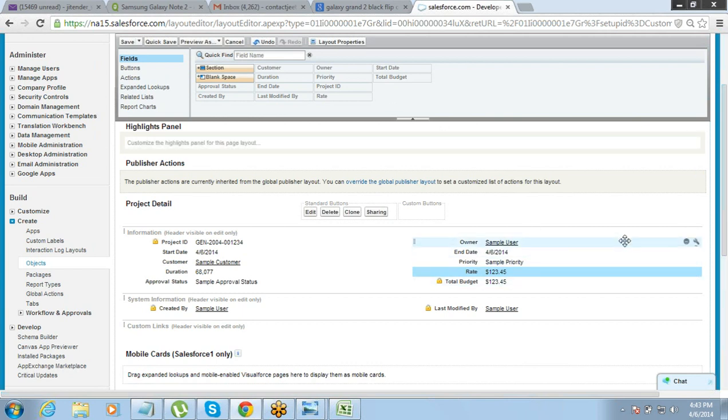Some field which is already there, you don't want some of the users to see, like the total budget of the project. You can go and remove it from the page layout. So the field will be there in the back end. Some users can see it. It will come in the reports, but you don't want the end users to see it. Or for a certain group, a certain profile, you don't want this field to be visible. You can straight away go and remove it. Right? So this way it helps you control a lot of things which are not being controlled otherwise.